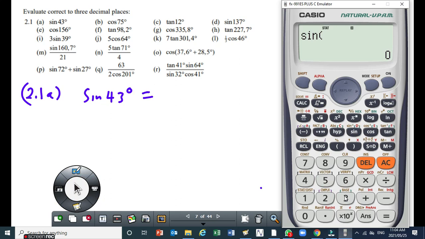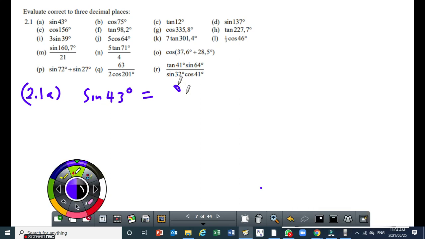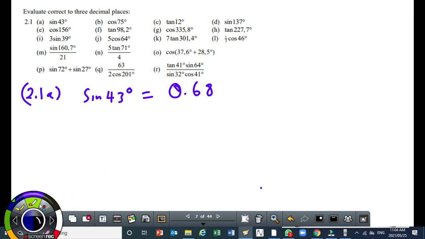Then you can put a bracket if you want, then you press equals. Then it will give you the answer. So my answer then is going to be 0.68 to 2 decimal places. It's just a ratio. Then the next one, I gave you